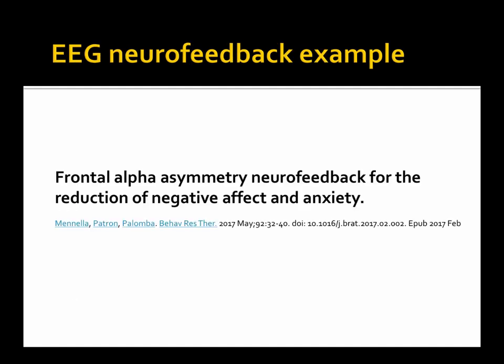So from the EEG, the literature goes back to probably '95, and I'm sure we can find some older things. As technology gets more advanced and computer power is higher, we start getting a lot more of that. This is just a recent example of a group, for no particular reason, just to illustrate this example. So this is a group interested in comparing the frontal alpha asymmetry and seeing how that affects the negative affect